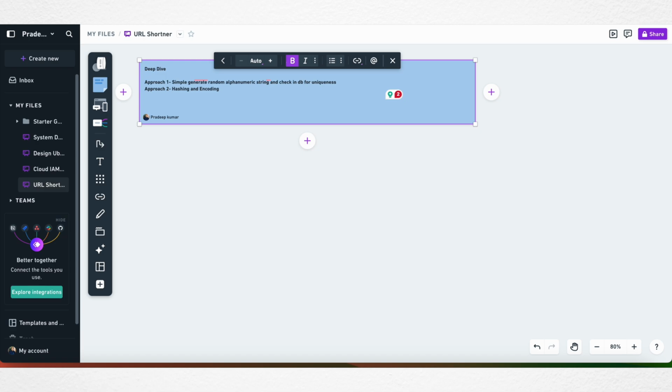And if we consider the 7 characters that we think about, if we are going with a 7-character-long short URL and going with base 62, this can represent almost 62 to the power 7, that is approximately